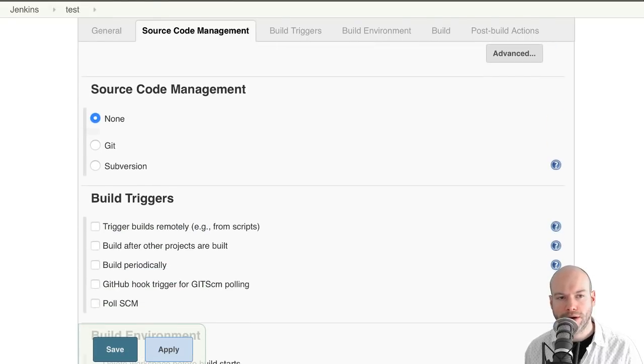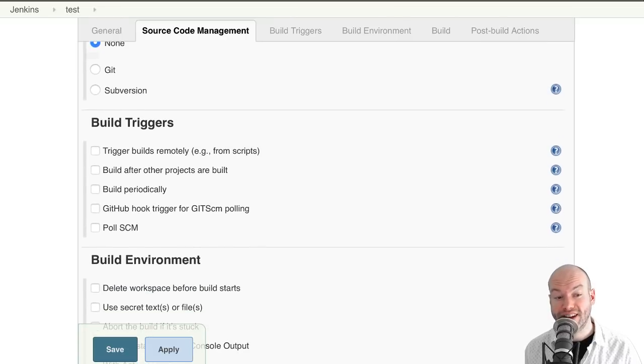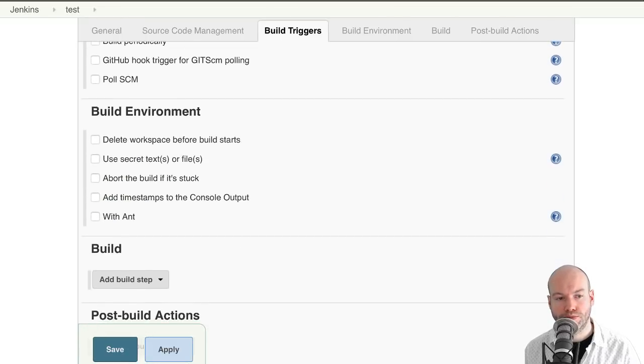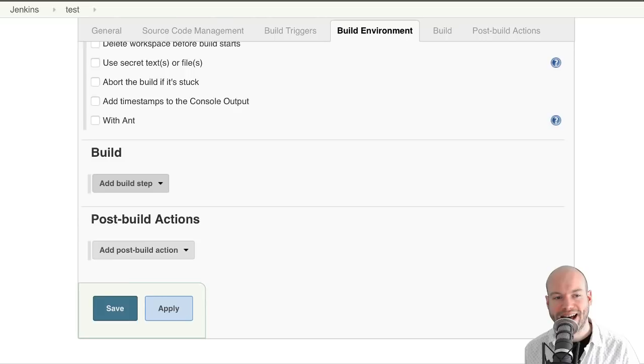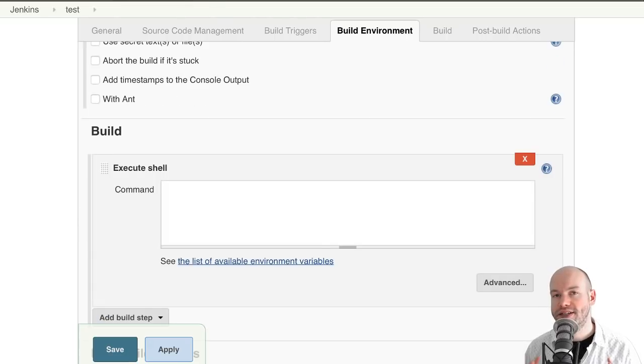We're not going to worry about the source code management because we're going to do this manually for now. We're going to scroll all the way to the bottom to build. So we're going to add a build step. We're going to execute a shell, and in this instance, we're going to actually call upon Docker to do some bits and pieces. So the first thing we're going to run, just for a test,